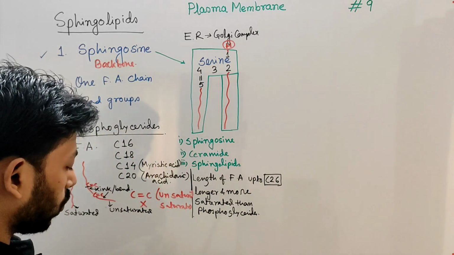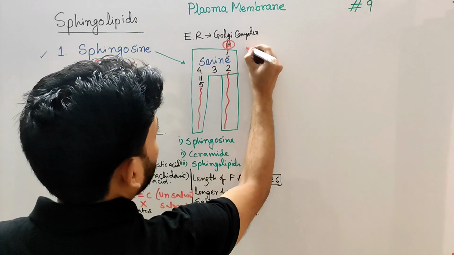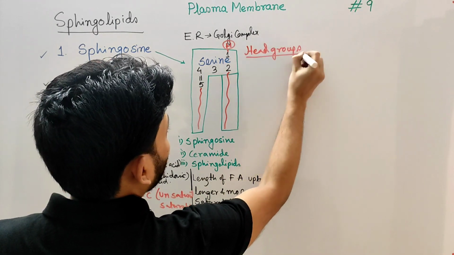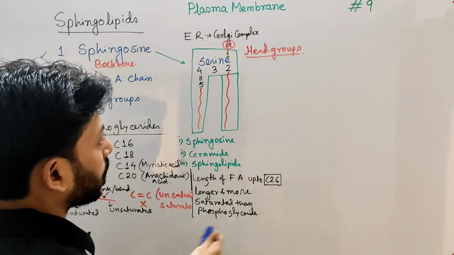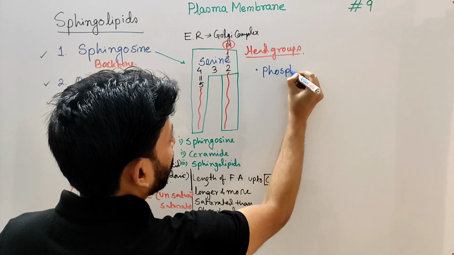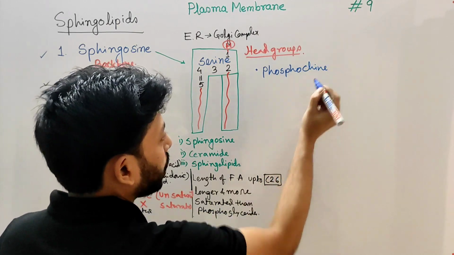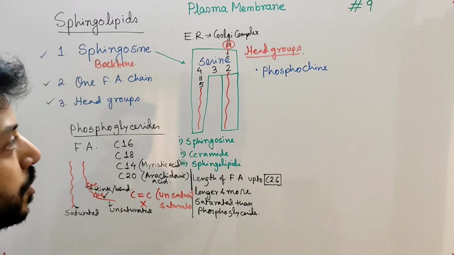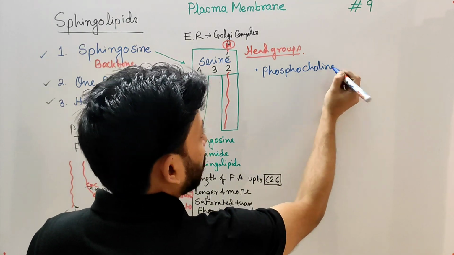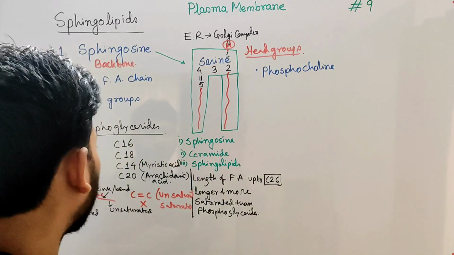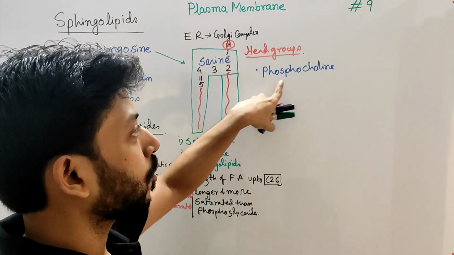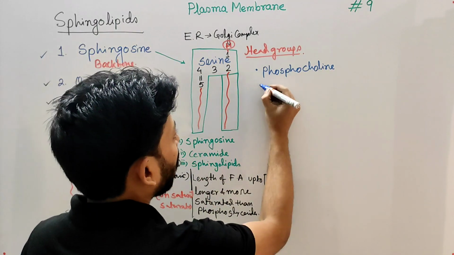sphingolipids. Now the head group of the sphingolipids could be phosphocholine. Remember, if you have watched my previous video, I mentioned choline, the spelling is CHOLINE. In my previous video on phosphoglycerides, I mentioned that the head group of phosphoglycerides can be phosphocholine. So in the case of sphingolipids also, phosphocholine can be a head group, or